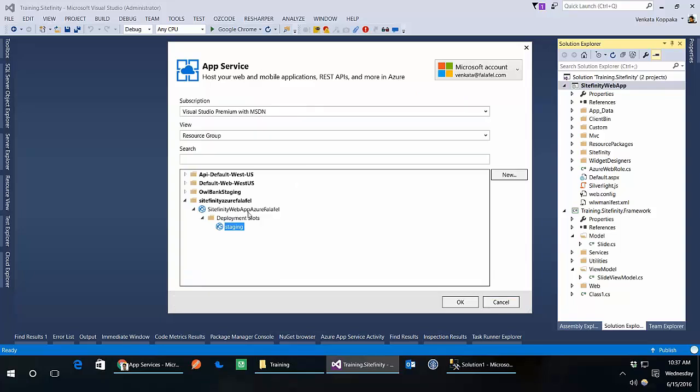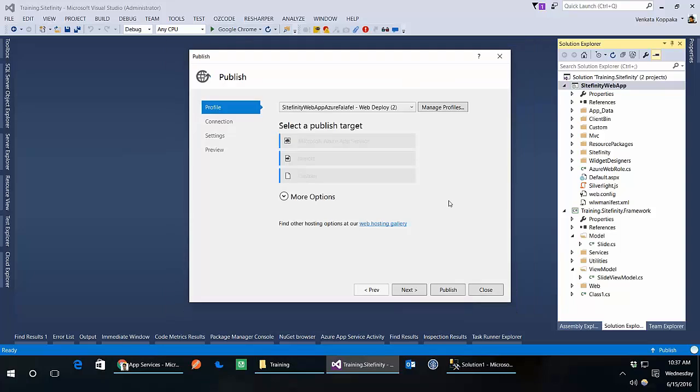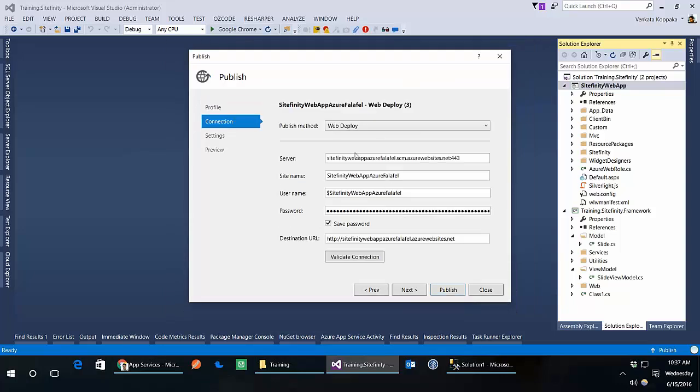Now let me cancel out of this, because I don't want to go through the motion of creating one more website. And again, like I said, most of these creations tend to take a little bit of time, so bear with Azure while that process is going. So for the demo, I'm just going to be publishing straight onto the Azure Web App Azure Falafel, and I'll hit OK here. And as soon as I hit OK, it's going to create me all the settings that it needs. It's going to basically tell me what server it's publishing it to. It's going to tell me what the site name is,